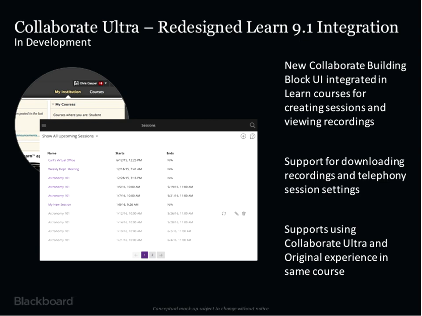So an original experience Collaborate session and an Ultra experience Collaborate session, both of which can be used within the same module or course, so that you can choose to use the tool that's going to be most effective for your particular activity.